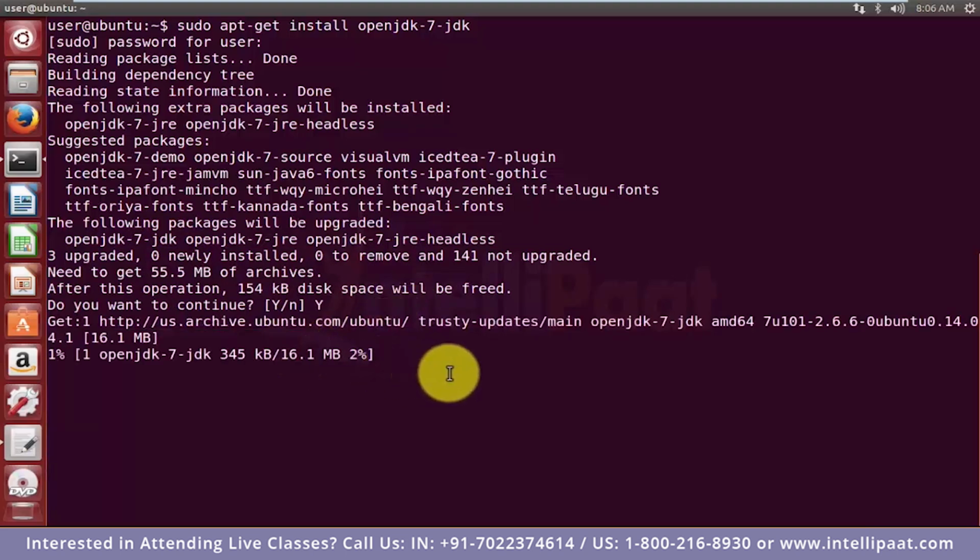Click on yes or type Y, press enter, and it will start the installation. It'll be just a couple of minutes before the JDK is installed, right? And the next step for us will be to download Apache